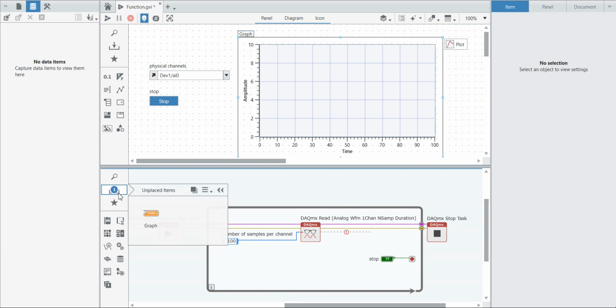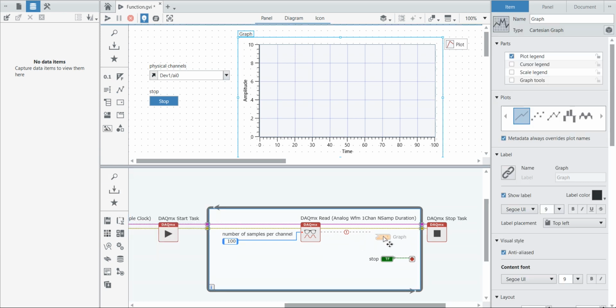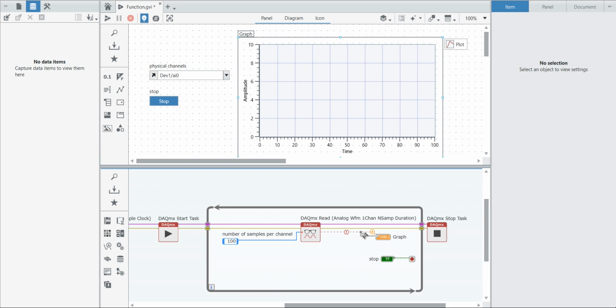Now we can take the waveform graph here and connect it. Control B to remove all broken wires. Now run.